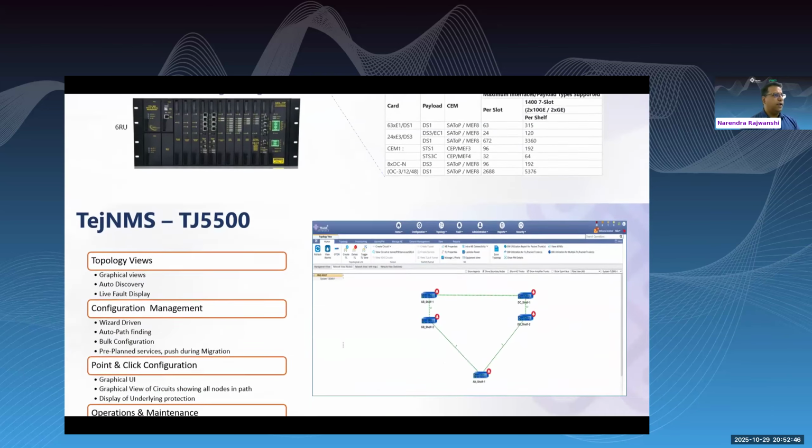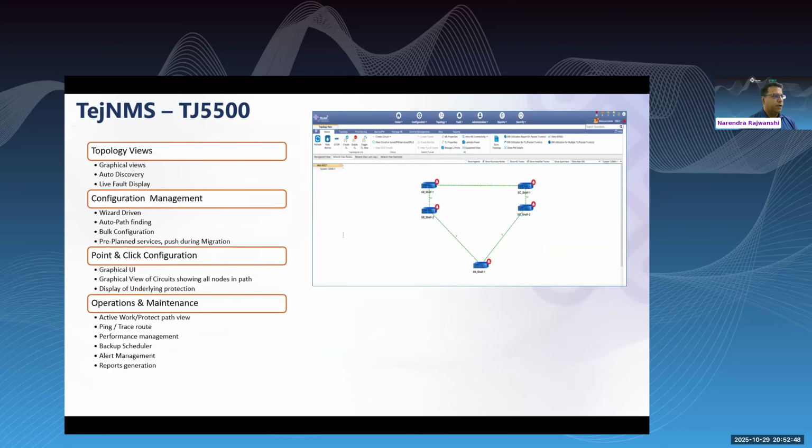Let's talk about the network manager here. This is how it looks. It is all graphical based, no CLI, all point and click provisioning. The configuration is all wizard driven, so chances of errors are pretty low. There's automation also built in to find the paths between two nodes in the network automatically. We can pre-plan the services.